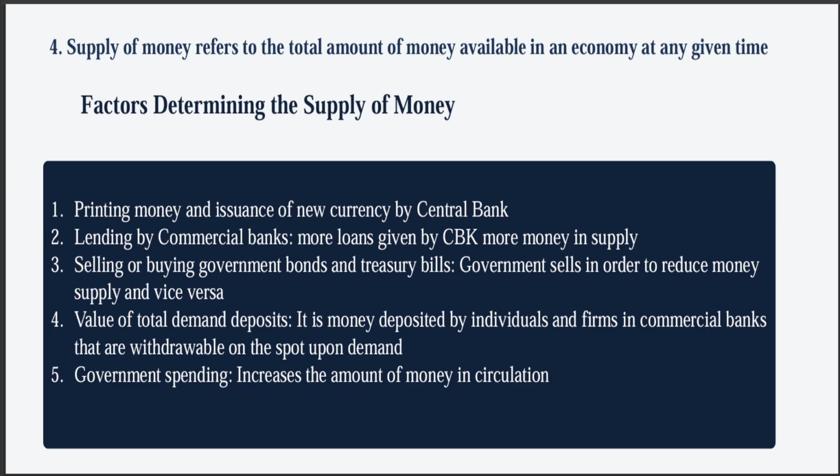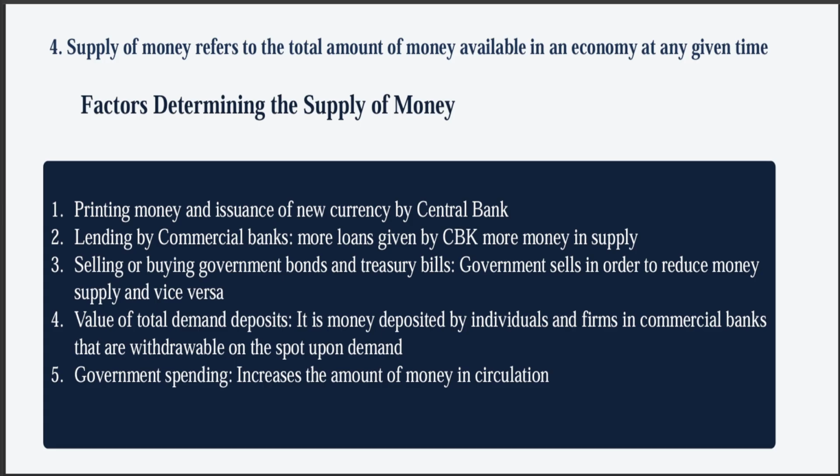So we just imagine there is a lot of money in the economy, so this means the value of money will be lower because you can get money easily. So prices increase that way and inflation starts to rise during that period. So on the other side, if money deposited by individuals is very hard to withdraw on the spot, then it reduces the money in supply, because you cannot withdraw and you cannot return this money into the economy. The last one is the government spending.